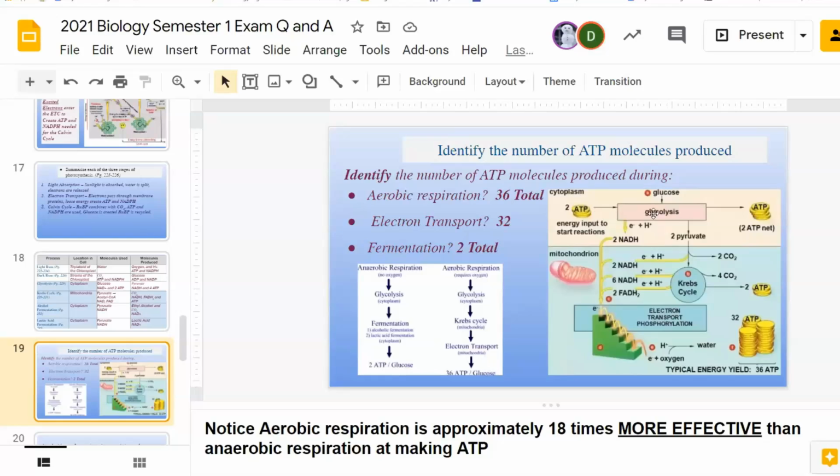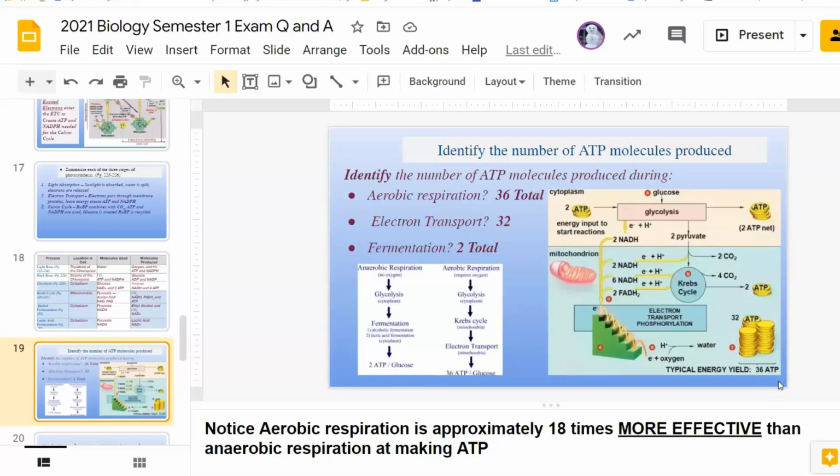You can see over here, glycolysis makes 2, Krebs cycle makes 2, and 32 from electron transport makes 36 together. 32 plus 2 plus 2. You want to know the majority of ATP is made in the electron transport chain? And if you pay attention to ATP from fermentation,